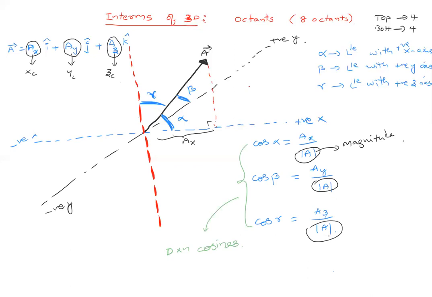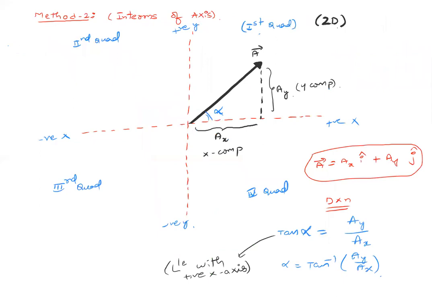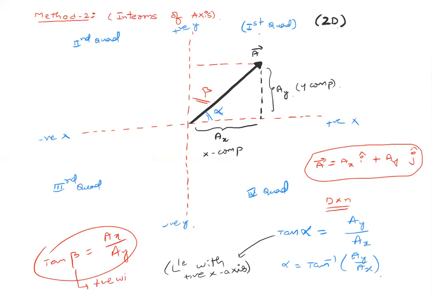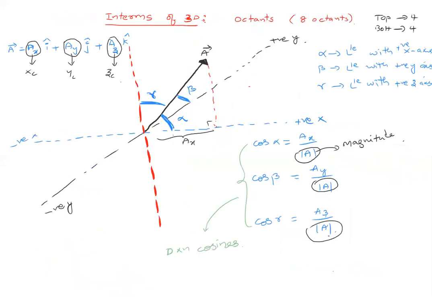Now in 2D I forgot, if you consider this to be beta, you can simply take tan beta is equal to ax by ay. This gives the angle with the positive y-axis. This you can consider. So in 3D, you have to give the angle with the x, y, z axes. In 2D we have seen, in 3D we have seen. So that is how you give the direction. Till here the direction part is done.